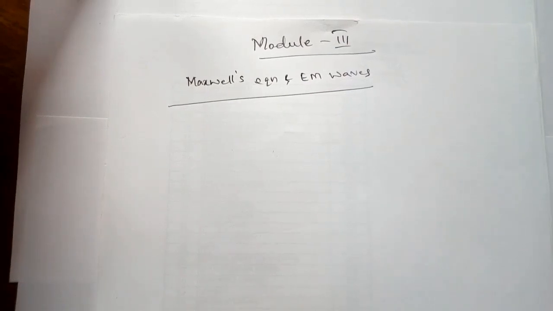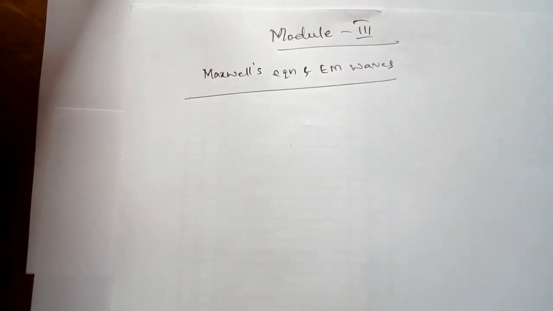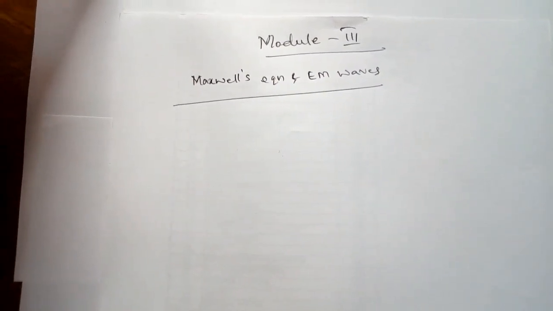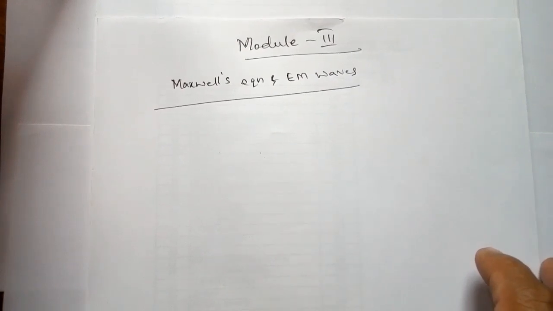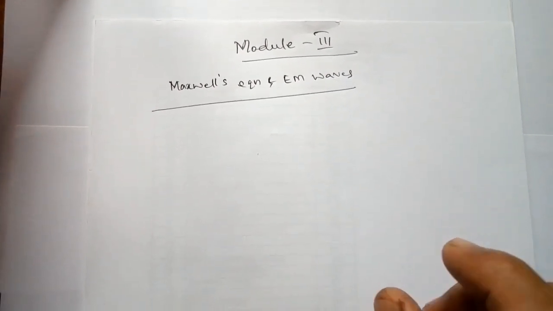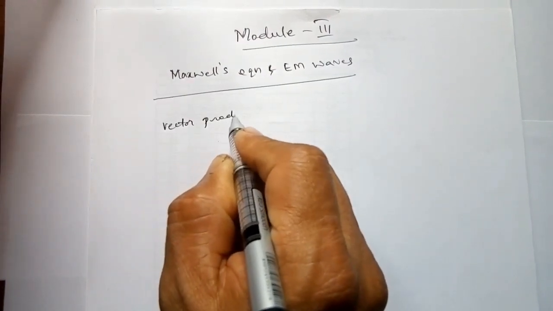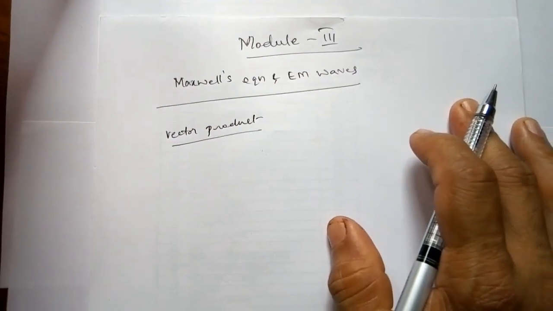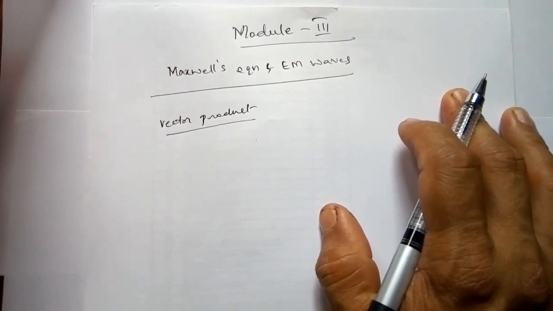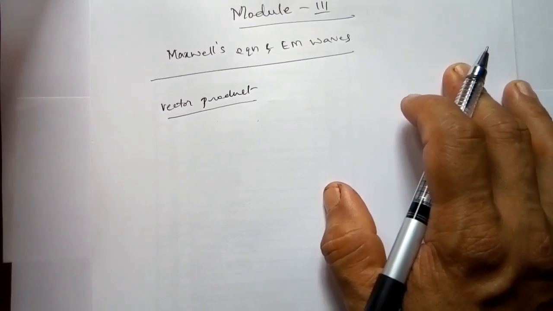So for easy understanding, a better way to do this topic is that I will recap all the things we have done in the regular class, then I will move to the other topics related to Maxwell equation. Initially we saw the vector product. In the initial class we saw what scalars are, what vectors are, then what is vector product, multiplication of scalar and vector.